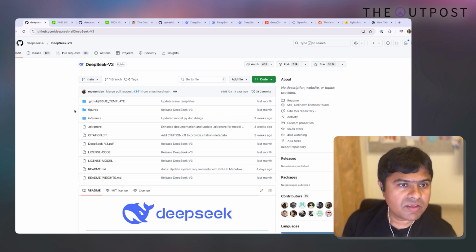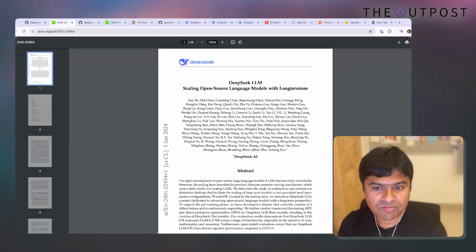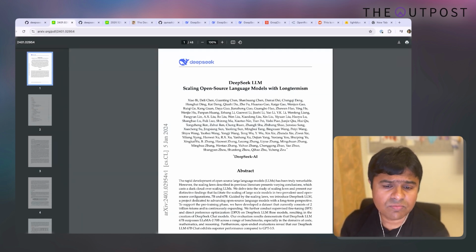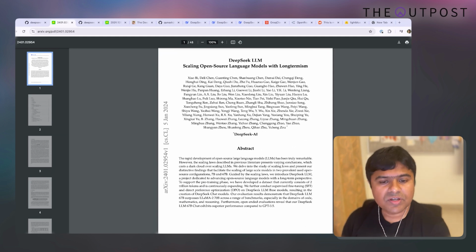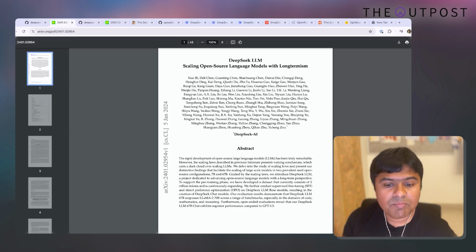But they've also published a couple of papers. The first one is around version 3 and how they did this training. What were some of the constraints, and the fact that they could do this in such a constrained way and come out with an output which is actually better is the surprising bit. And the paper is very detailed.